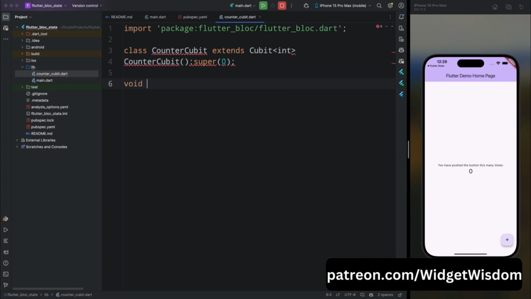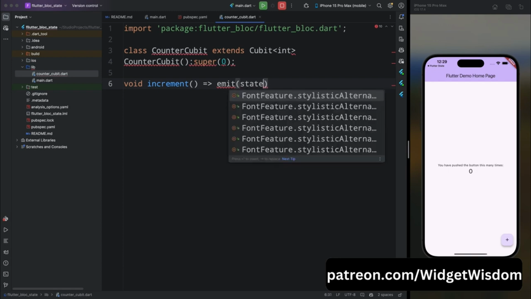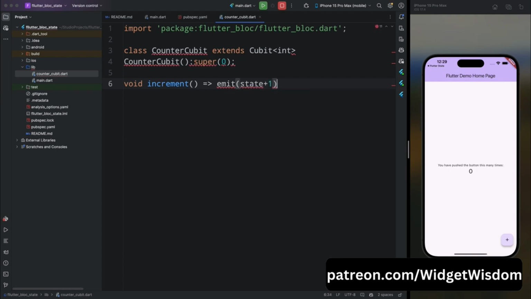Now inside this Cubit, let's create an increment method to increase the number. So this method will be used for increasing the count value. So from this method, we will emit the state by increasing the count value by 1. So for increasing the count value, here add state + 1. Now you may ask why we are using state instead of this; we could use count here. So basically here state refers to the current value of this Cubit state, and the state of this Cubit is the integer number which represents the current value of the count. Okay, now after calling increment, the new state will be emitted, and this change can trigger UI updates in the Flutter